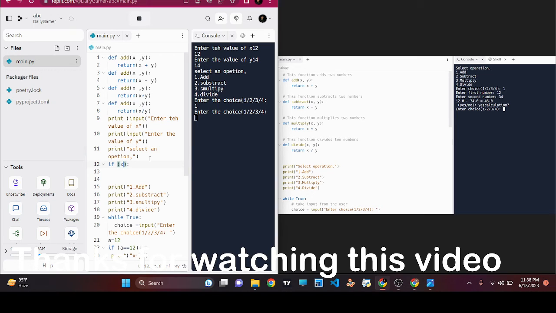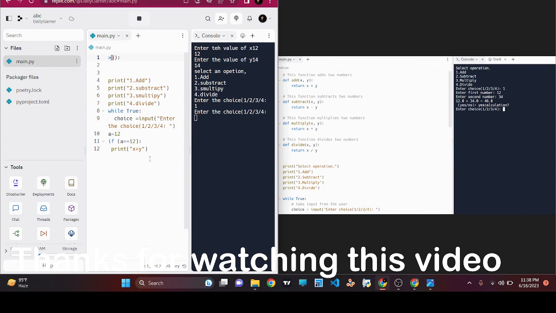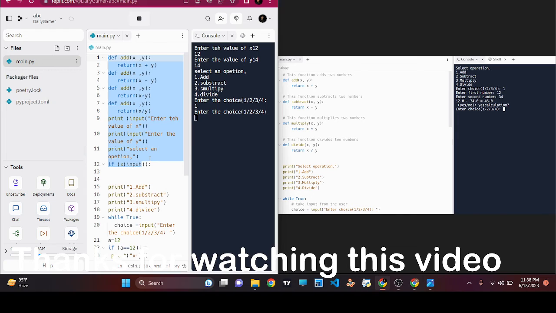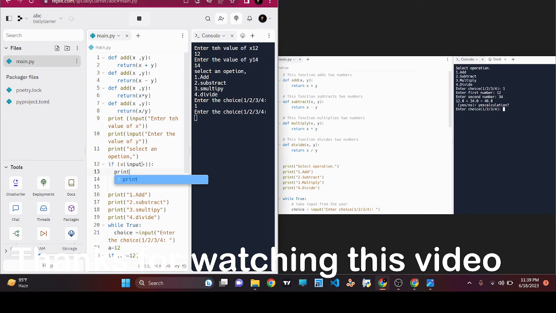If x dot input greater than or equals that input greater than or 0 से x plus